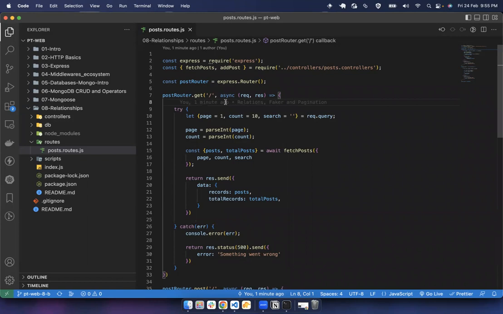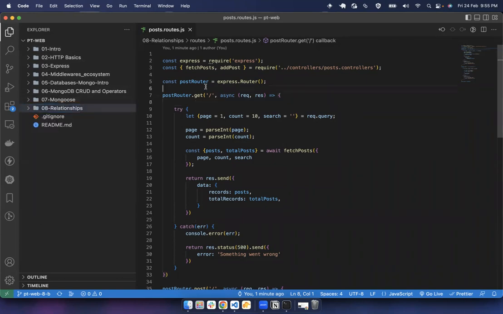So till this point we have learned how to make REST APIs, and we have looked at the Express framework, how HTTP works and how Express helps us in making an HTTP server. Then we looked at